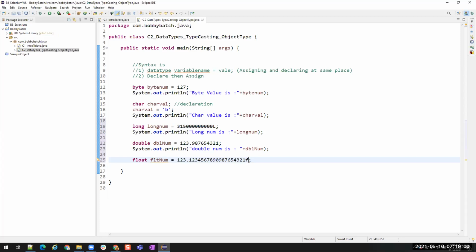If you append the letter F with any decimal value, it will be treated as a float value. And similarly here, it might be a capital L or a lowercase l, no problem.